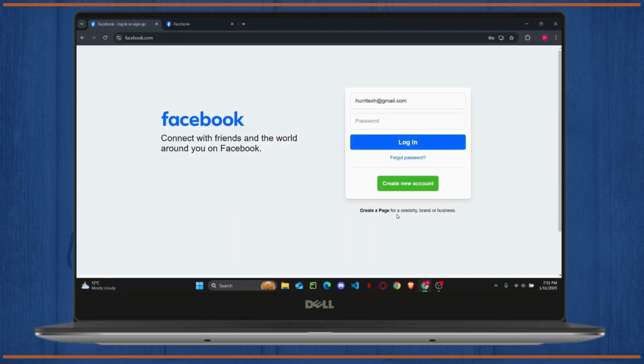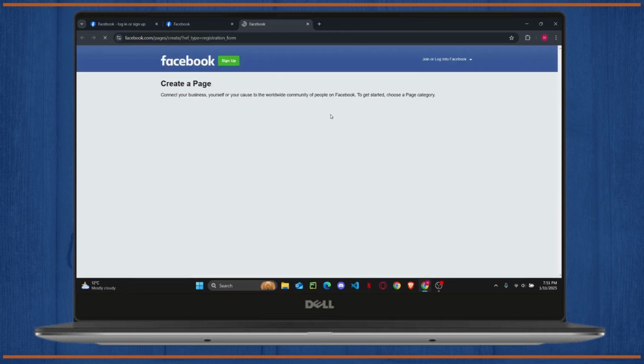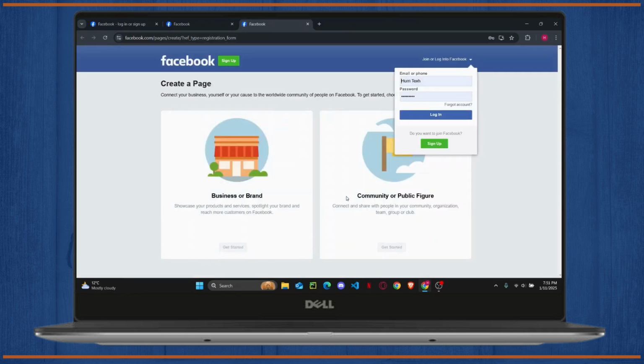Now if you want to create a page for a brand or a business, you can simply click right here to create a page. Now Facebook will guide you through on how you can easily build a page, so just follow the on-screen prompts